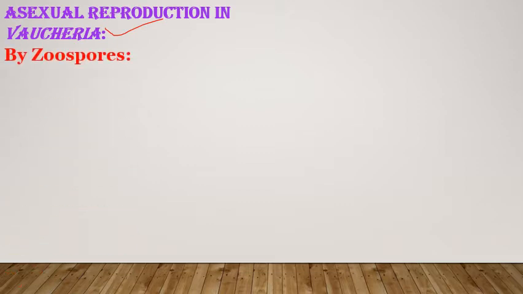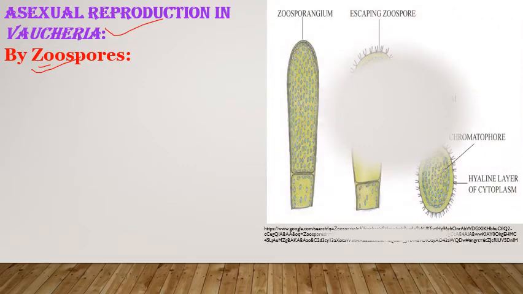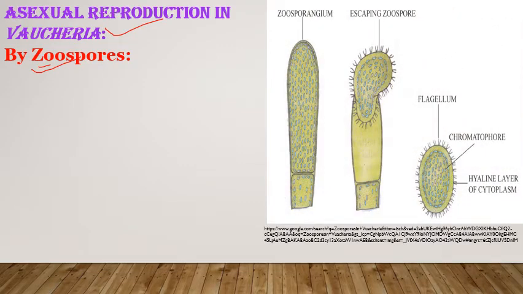The first structures by which this reproduction occurs are zoospores. These zoospores are motile structures. It means they bear some sort of flagella that helps in locomotion, and these structures are formed under favorable conditions. So what happens, any